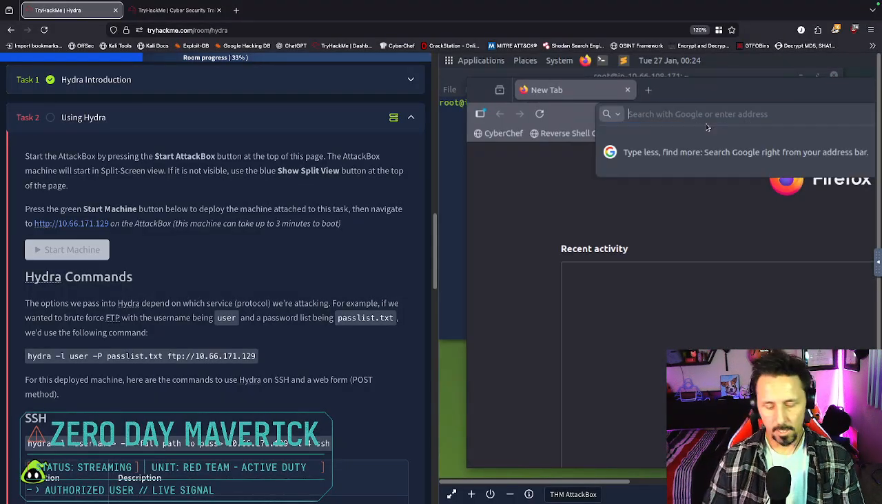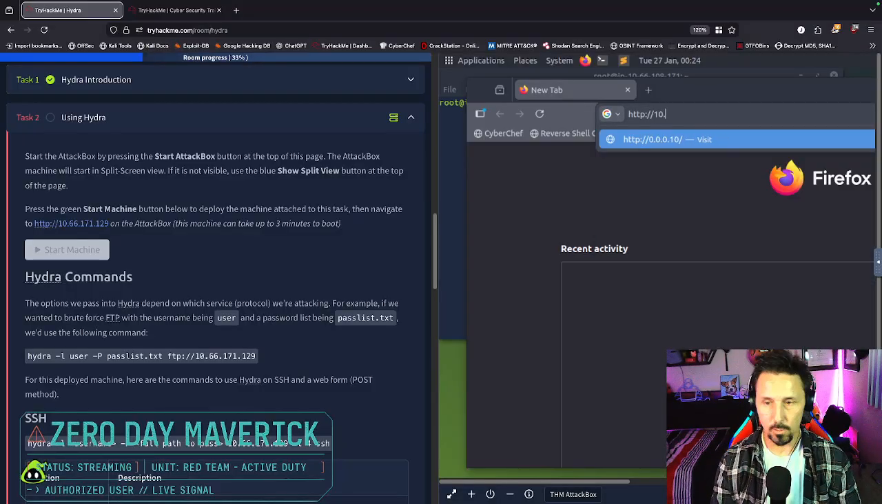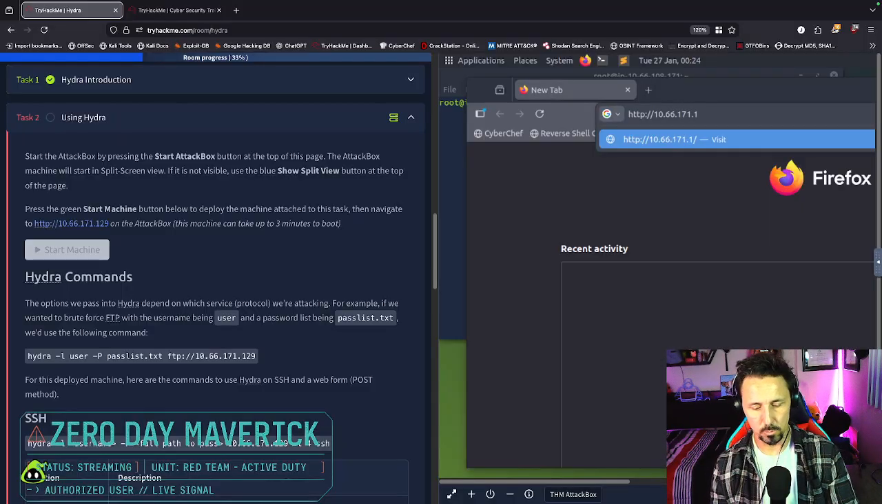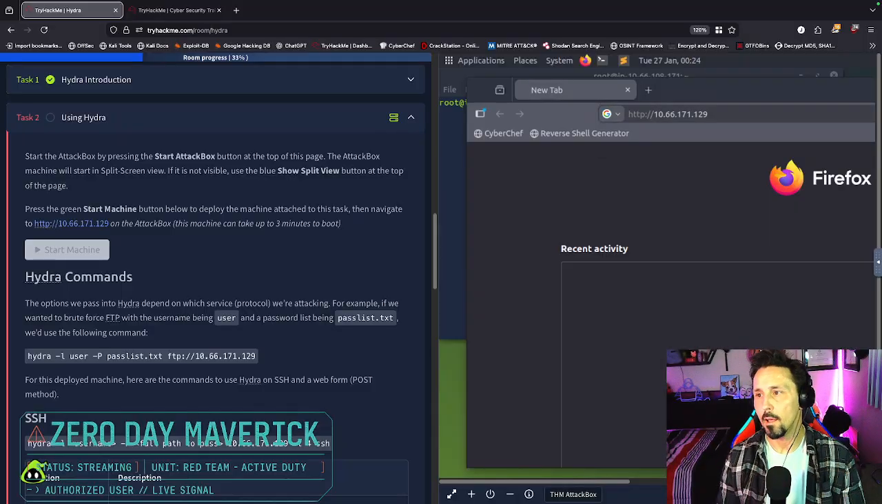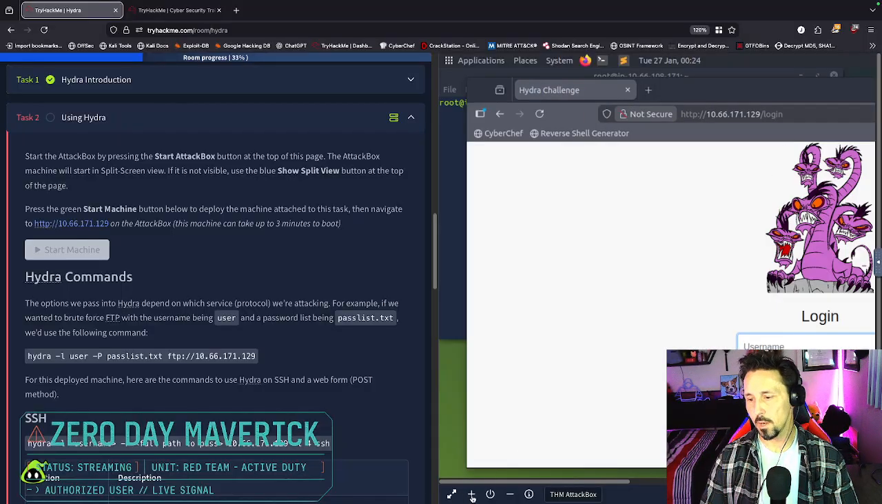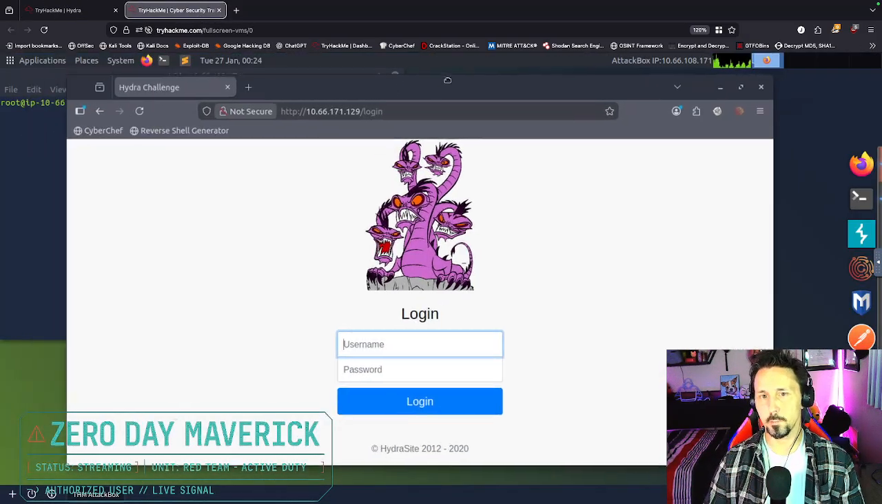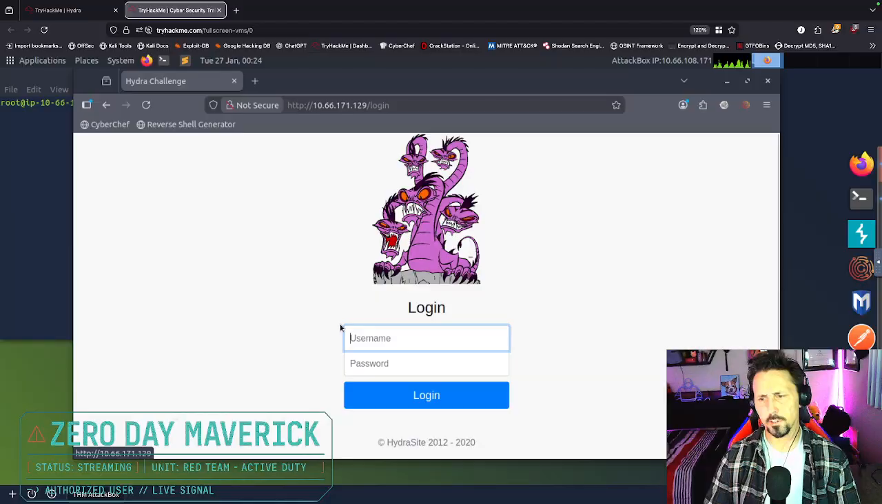All right, we're going to navigate just to HTTP://10.66.171.129. Okay, so it's going to take us to a login page. And now we're going to shift back over to here, and we can see the login page looks pretty standardized,